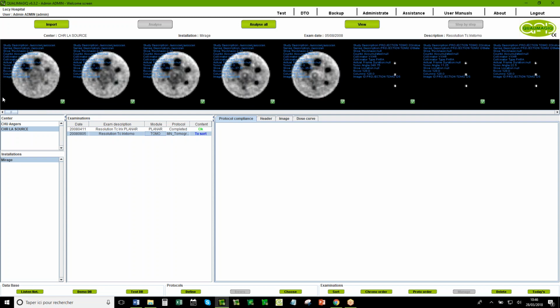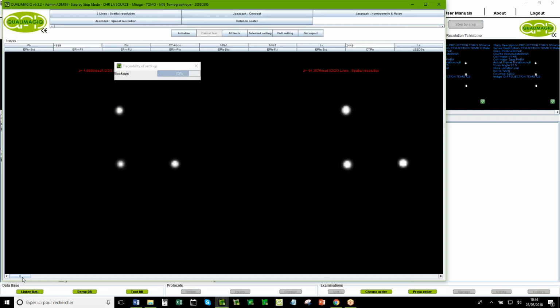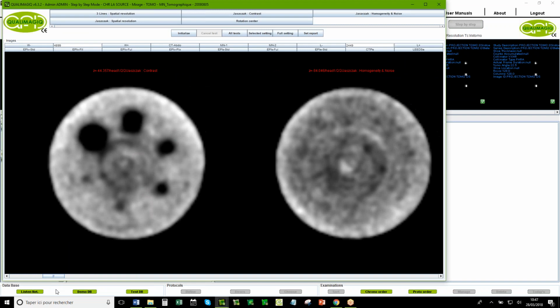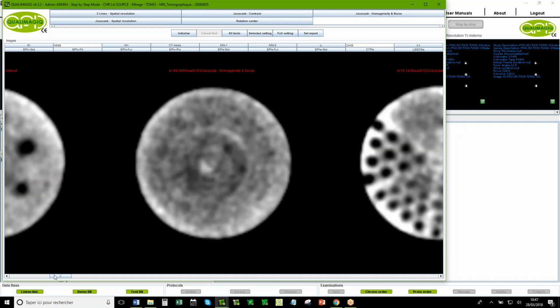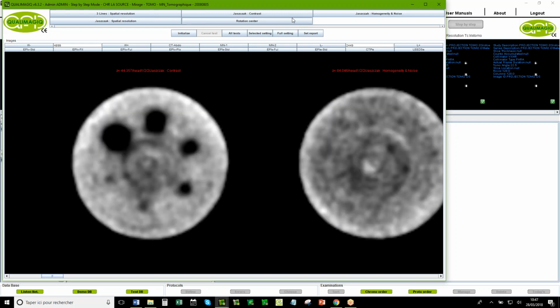We do strictly the same for the CT scanner module. The software knows what it has to analyze and proposes to remove the rest. So for that you have to sort, and now we can go step by step. I want to start with the JASAC phantom. We analyze 3 different slices in this phantom. That is to evaluate the contrast, here to evaluate the homogeneity of the signal, and here to evaluate the spatial resolution. So we can start with the contrast.